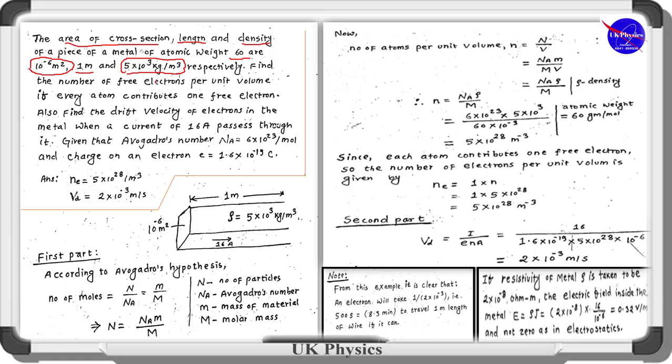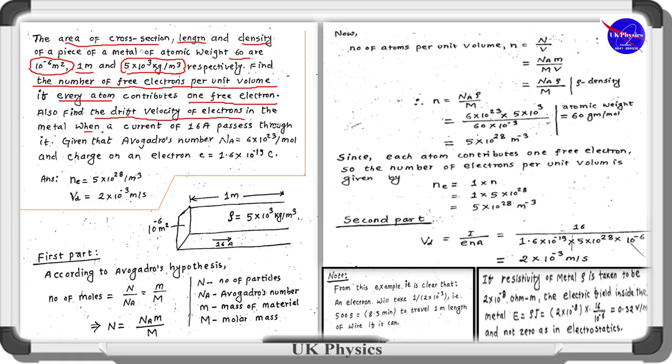And we are asked to find first the number of free electrons per unit volume, that means electron density, provided that every atom, that means each atom, consists of one free electron, right? A single atom consists of a single free electron, which is given in the question. So from this data, first we have to find the number of free electrons per unit volume, that is electron density. And in the next part we are asked to find the drift velocity of the electrons in the metal